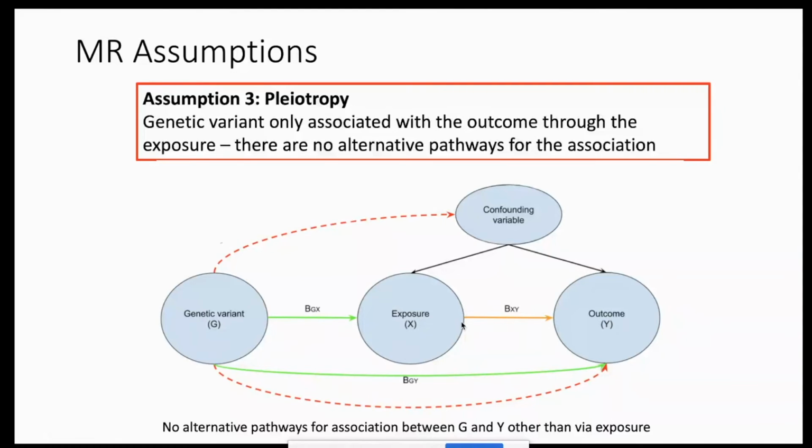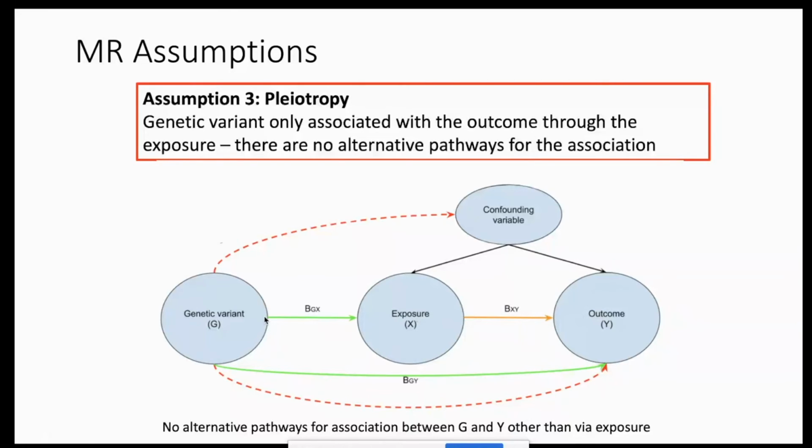So let's think of an example of this. If I was studying the effect of something like cholesterol on cardiovascular disease, I would use a variant that would mean that someone would have high cholesterol, and then I would look at their outcomes being cardiovascular disease. But this genetic variant can only affect cardiovascular disease through the cholesterol pathway. If this variant affected something like blood pressure, which can also mediate the risk for cardiovascular disease, then that would be an invalid